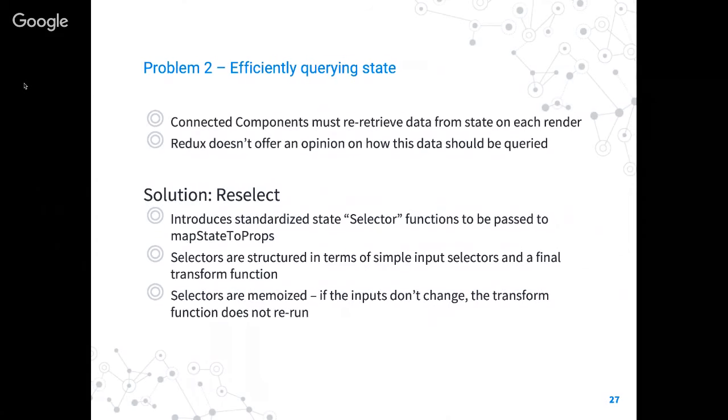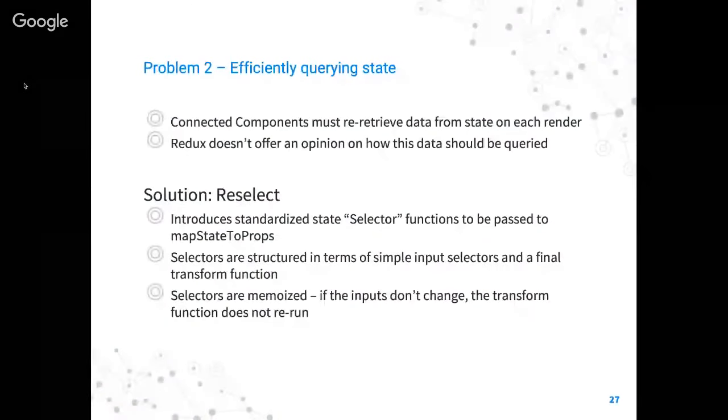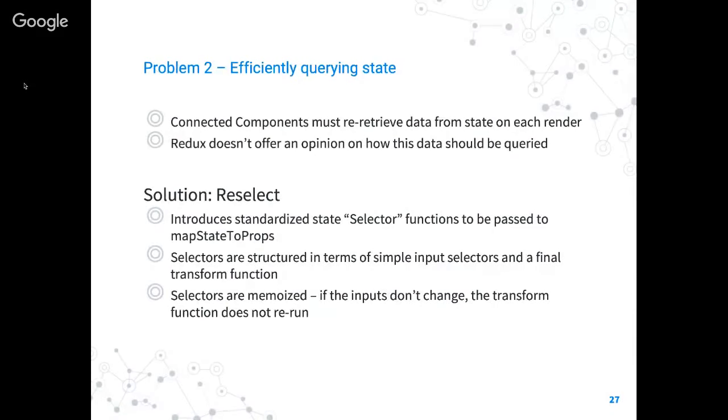And so the really cool thing about selectors, or at least the thing that they go on and on about in their documentation and even have a special word for, is that they're memoized. What that means is that if your input functions don't change, so if the properties of state that your input functions are referring to are equal, not identical, there's a difference I've learned in practice, then the transform function doesn't have to rerun, and you get a little bit of an efficiency boost.